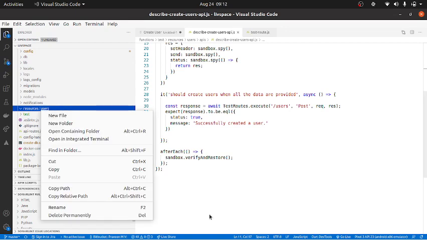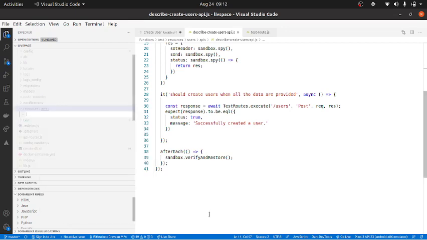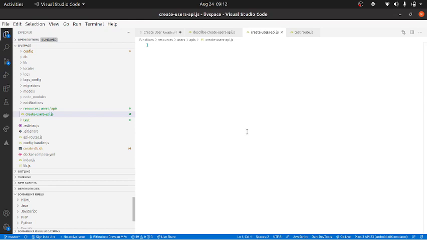And under users you basically have APIs, and under API you will have a file called create users API.js. Okay, this is our first thing.